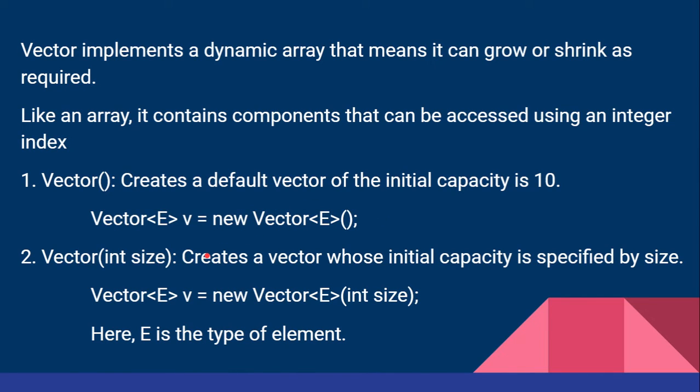There is also another way that we can create a vector, using an int size. This will create a vector of some capacity. This size defines the capacity of the vector. This creates a vector whose initial capacity is specified by the size. Suppose if I give a vector of 5, it will create a vector of size 5. If you create a vector of 100, it will create a vector of size 100. As we know, the size is always an integer type. So this is the syntax to create a vector: the type of the vector, then the object name equal to new, the operator, then Vector, the class name, the type name, and the size.